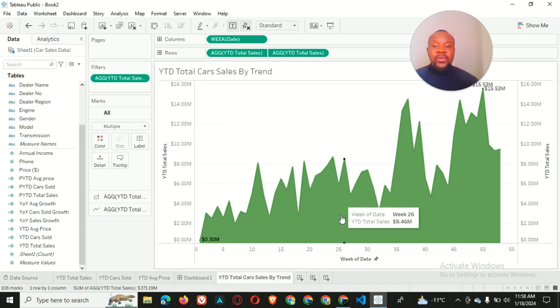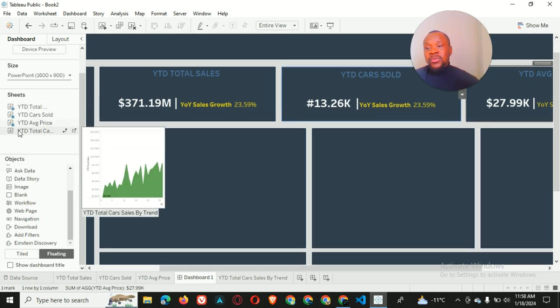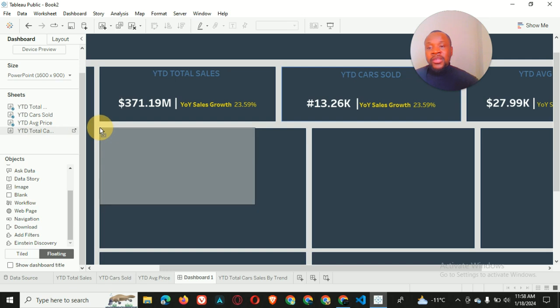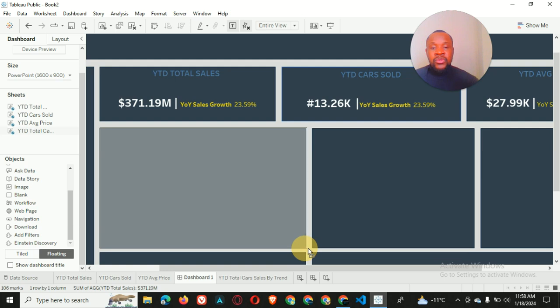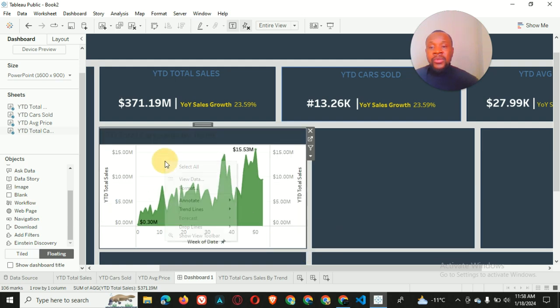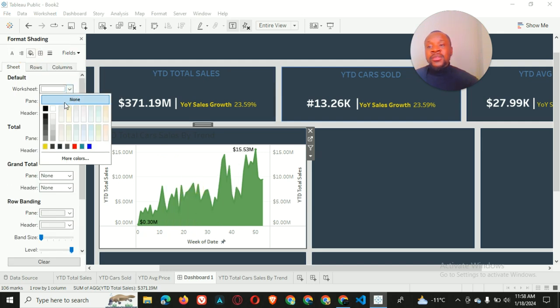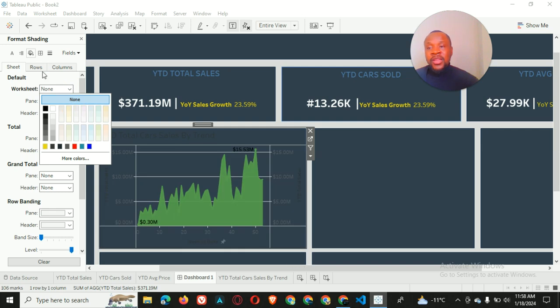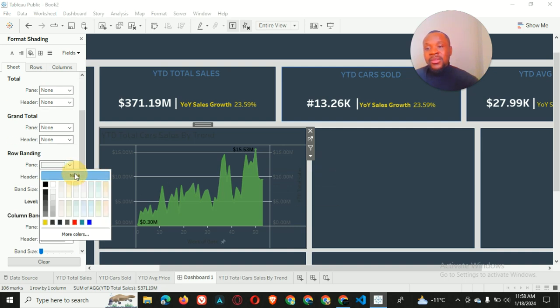So having done this, we will go to our dashboard to see what we've done. So we hold and drag it in here and then fill it into our work template, and then we will format the sheet. We remove the shading, and then we will remove all these lines here. We will come over here, none,